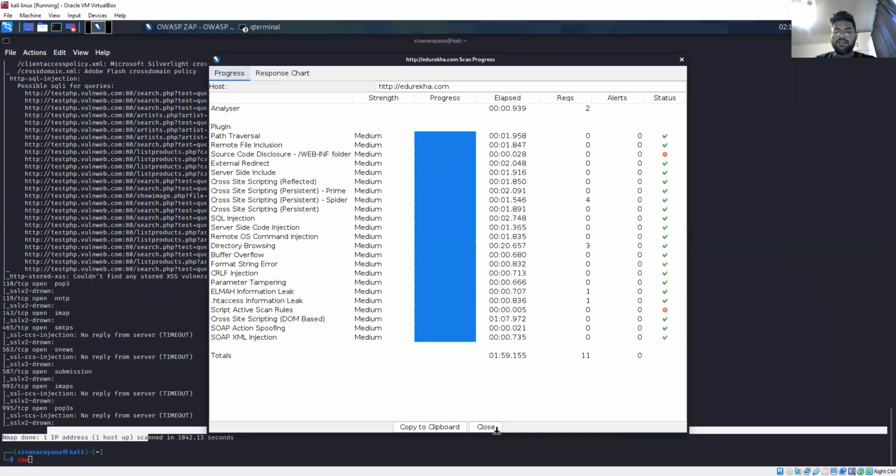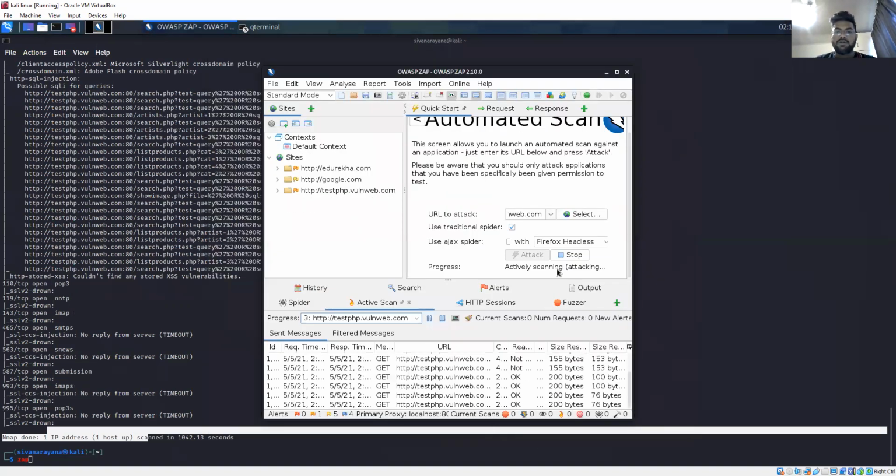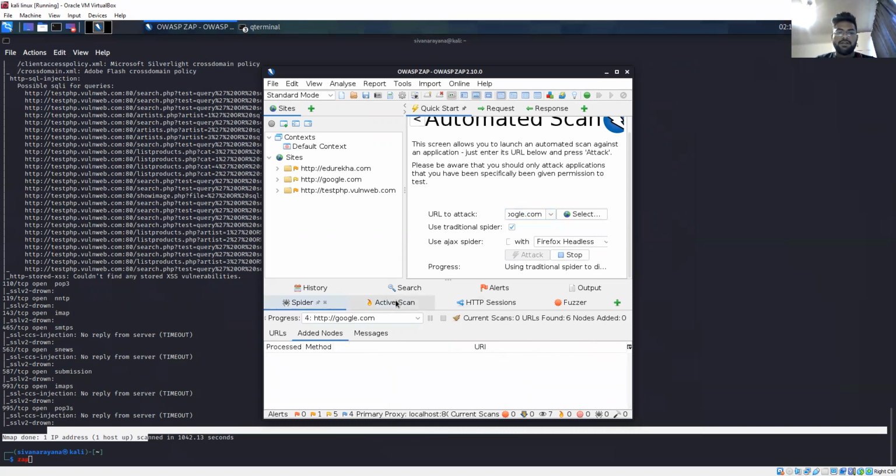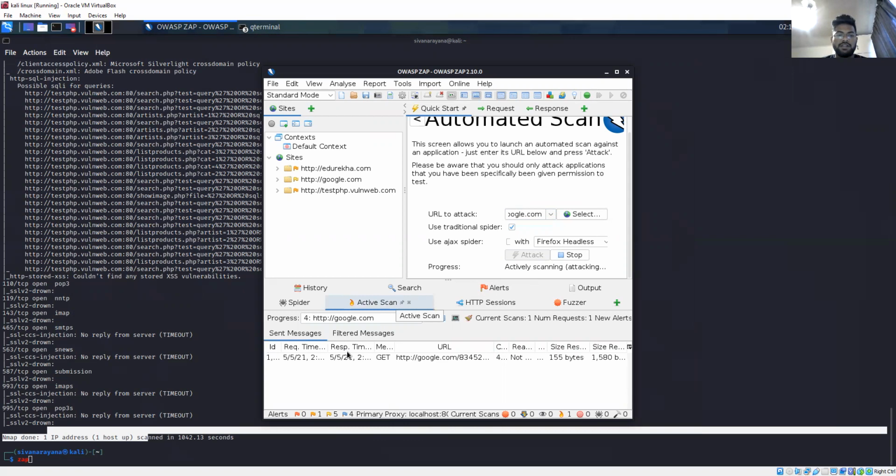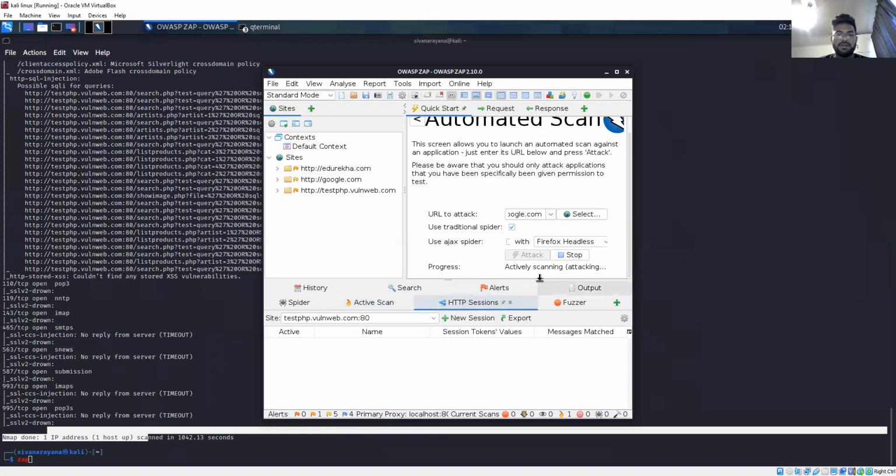We will check the other website now. So stop, and we will go to google.com and attack, where you can find the sessions, active scans and HTTP sessions alerts.